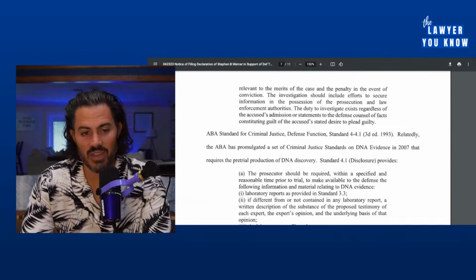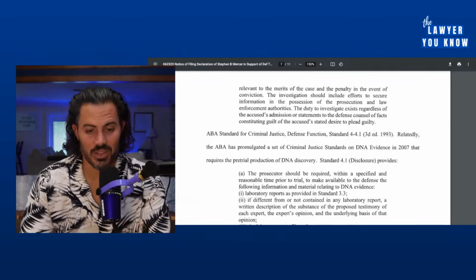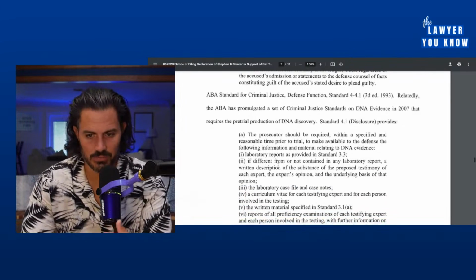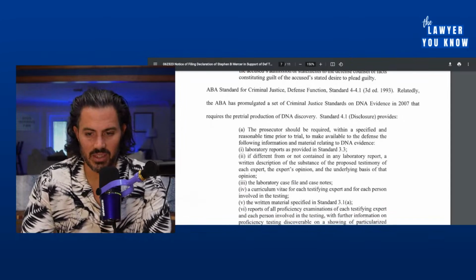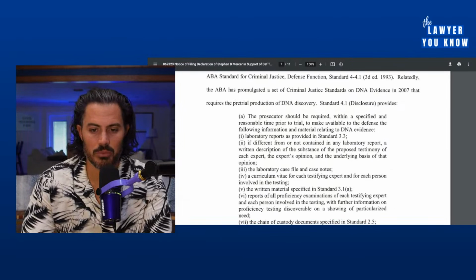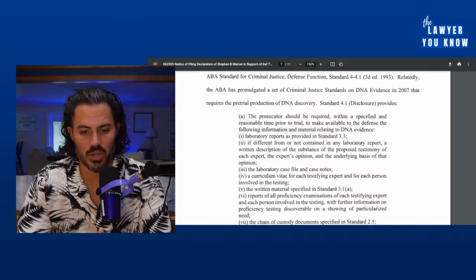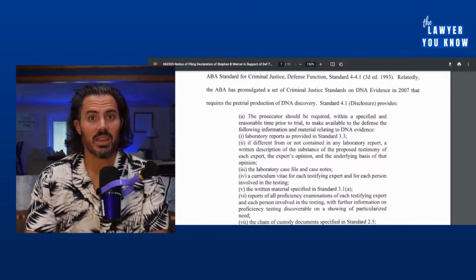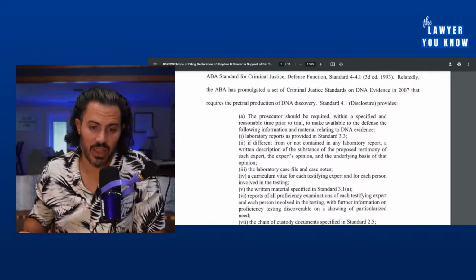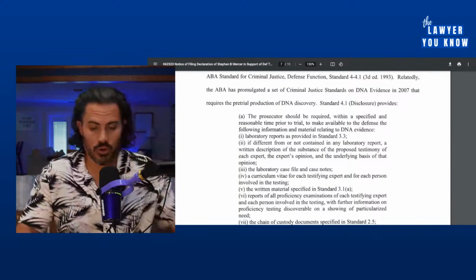So again, a lot of you have asked me questions like this. Do you still do this investigation if they tell you they did it? There's your answer. The answer is yes, according to the American Bar Association. All right, what else do they say? Well, the ABA promulgated a set of criminal justice standards on DNA evidence in 2007 that requires the pretrial production of DNA discovery. And again, defense attorneys have to do this. They should do this, or it could be ineffective assistance of counsel